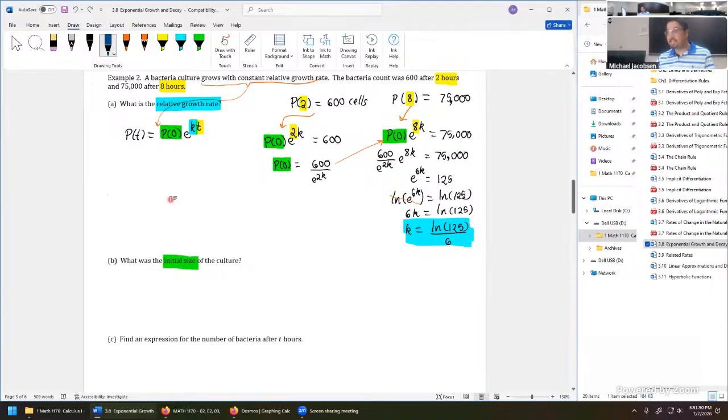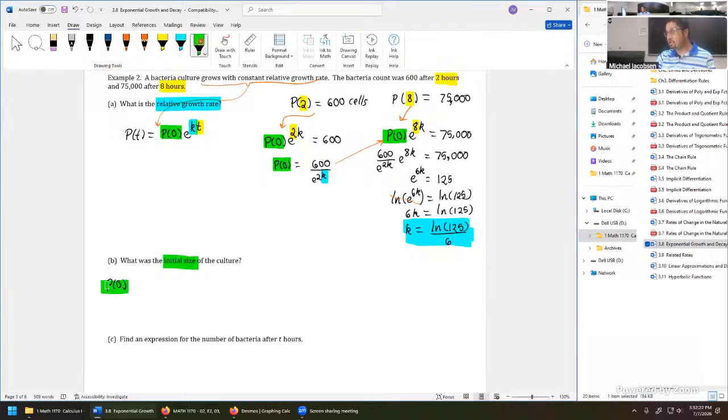Okay, it's kind of a weird dance algebraically when they give us two values, neither of which involved p at 0. If they just gave us p at 0, then part B would be automatic. That'd be a little bit less algebra in this case as well. But once we have k, we also have p at 0 at the same time. We just plug in k right where it appears on the first equation. So we're essentially just now undoing another substitution, and we get that p at 0.